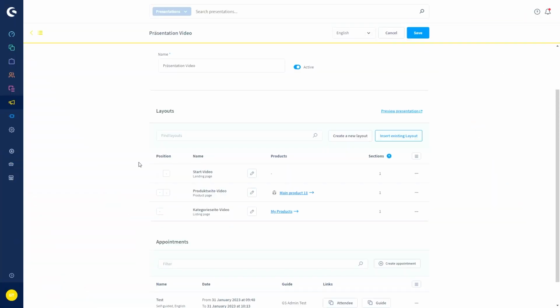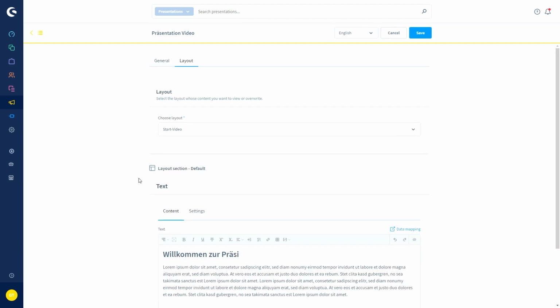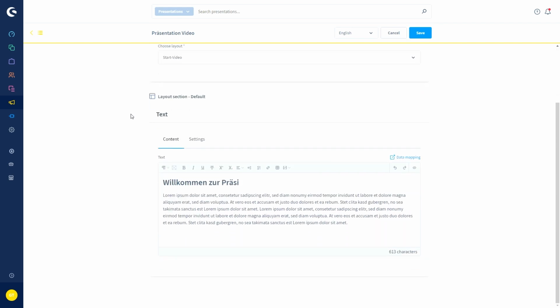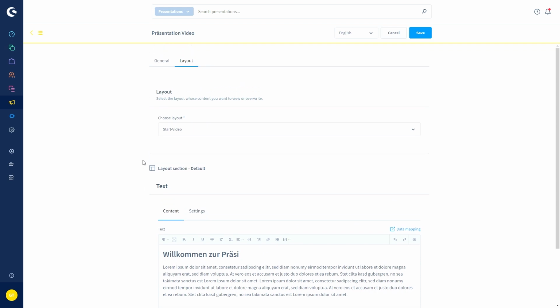Back in the editor, you can also overwrite or edit your single pages. So you can do this by clicking on this button here with the pen on it, or you could swap the tab and go to the layout section. So if we just press here, the layout tab opens, or you directly are guided to the layout tab, where you can then edit your landing page or listing page, whatever you just choose for the layout.